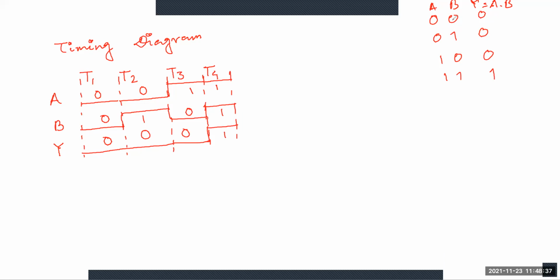Yes sir. So we cannot implement 4 combinations at the same time. There is always a time difference between the 4 combinations. In the lab we will see that when we are giving 0 0 input, in that case we cannot implement 0 1, 1 0 and 1 1.